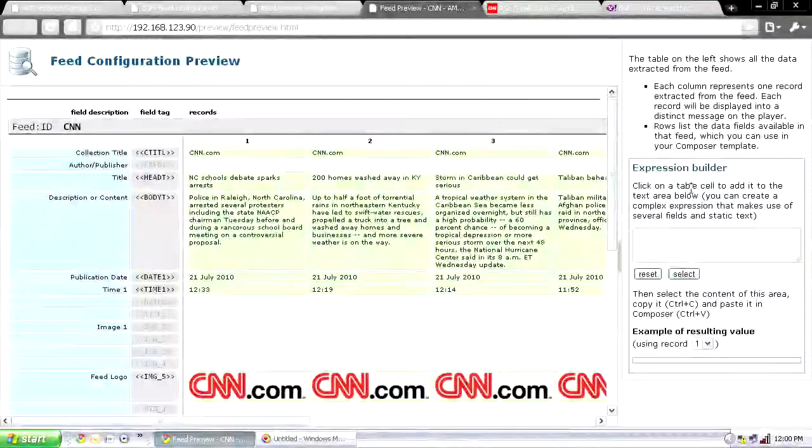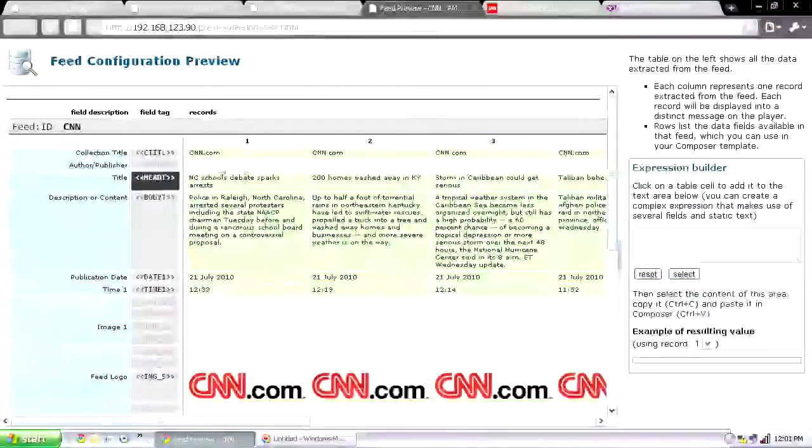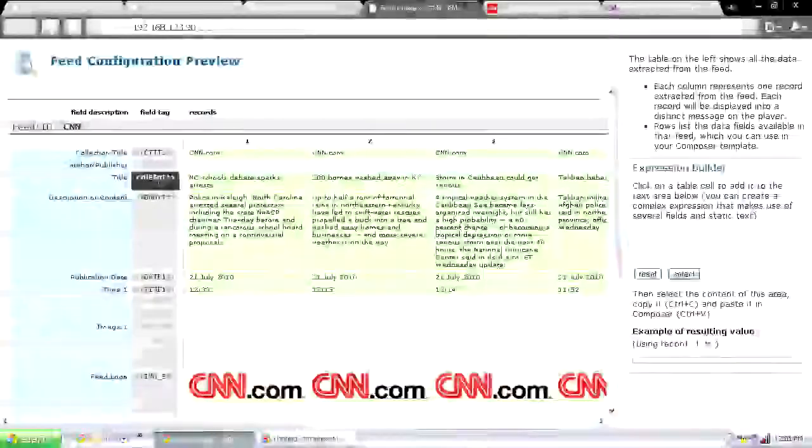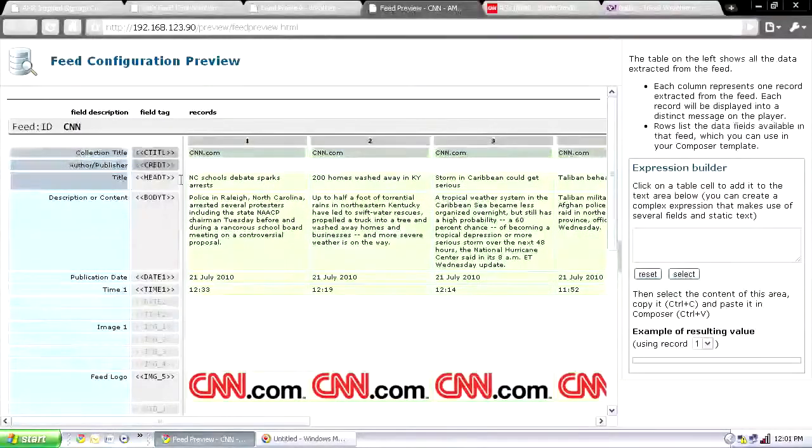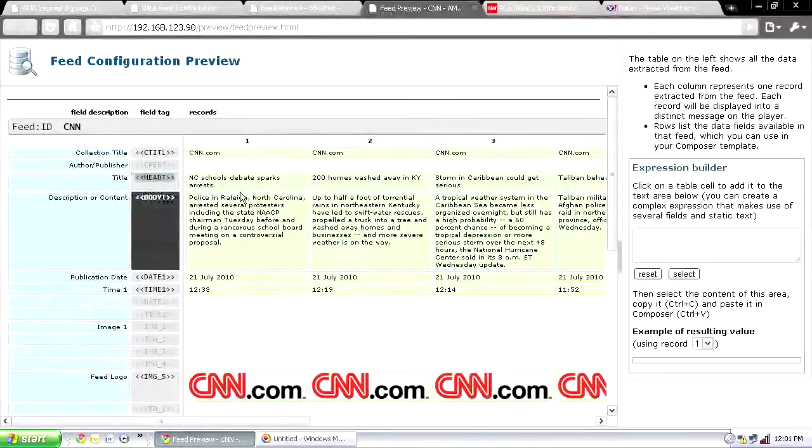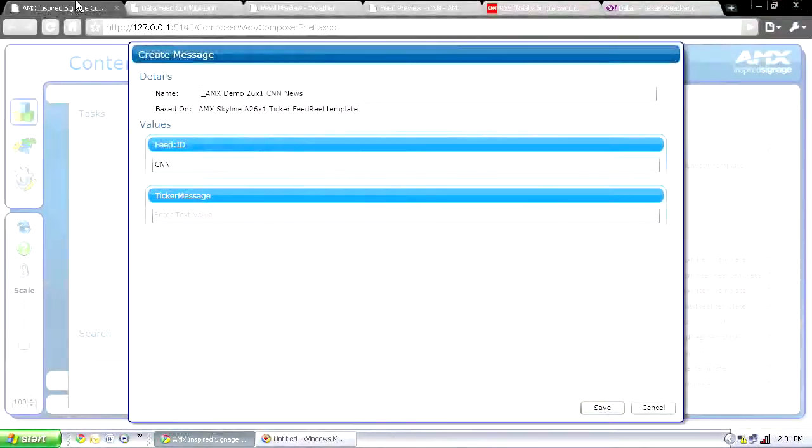But in this case, I'm just going to use the title to the various news feeds. And I'm just going to use the head T field tag. So I just need to select that. And see how I highlighted the head T field tag? I'm going to highlight that and press Control-C. And I'm going to go back here, and in the ticker message, I'm just going to do Control-V and head